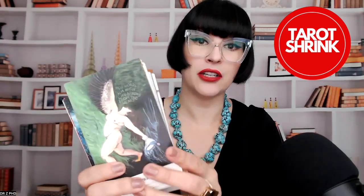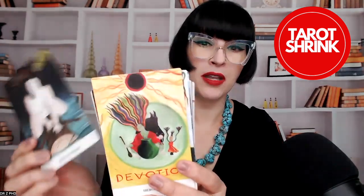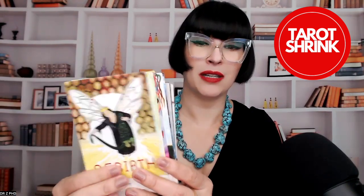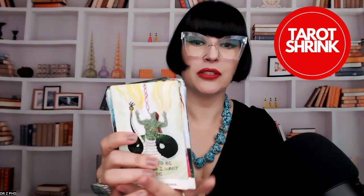In this deck, Jessica is a model herself. This is also a great deck because it has so much animal healing energy in it. But which decks do you have that emphasize the body in a very positive way, where it is not body shaming, but body embracing? The reason why is because when we experience trauma,